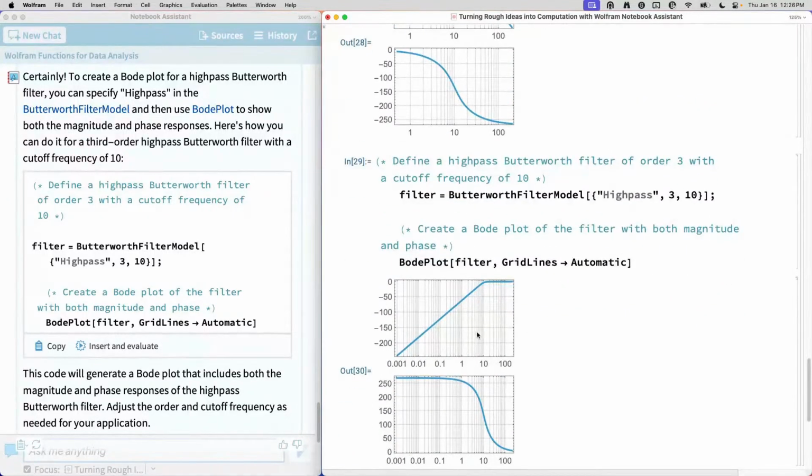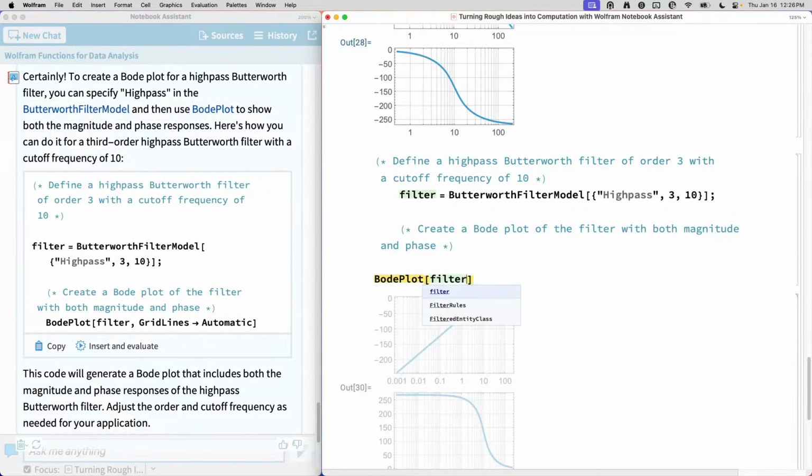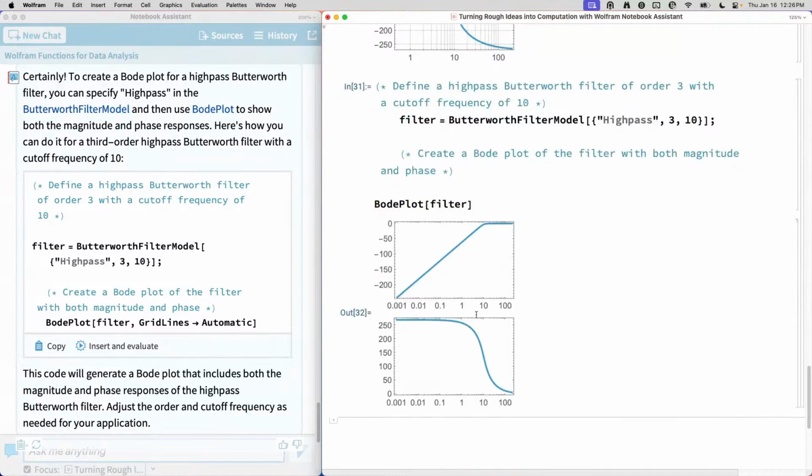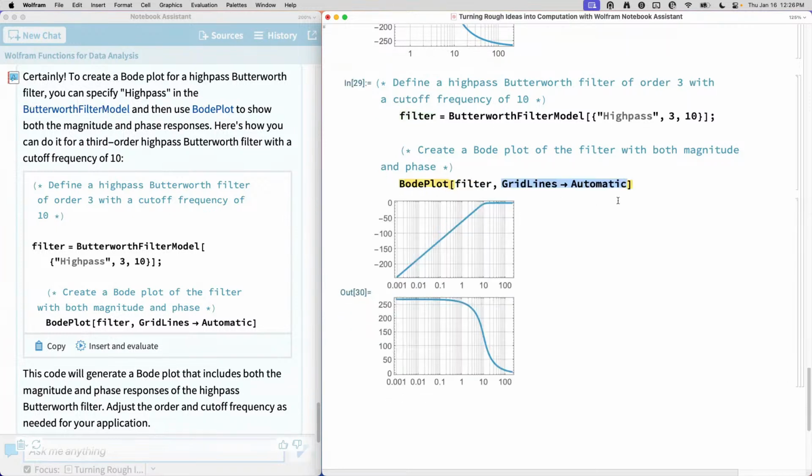And something that I have to say I think is quite nice is that it has kindly included automatic grid lines here. And you might say, oh, well, that's not a big deal. Who cares about grid lines? Well, thing is, at a glance, let's say you're not the most observant person, or you're just looking quickly, right? You might not notice the log scaling on this axis. So the grid lines serve as a nice reminder that the default way that Bode plot works is to use